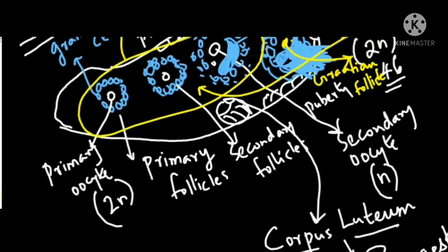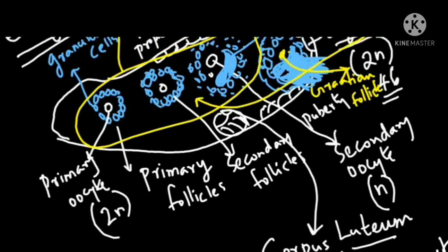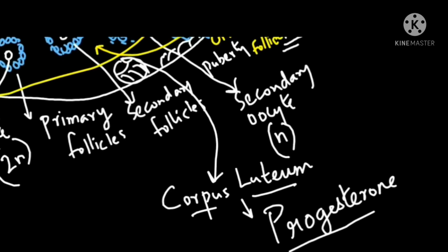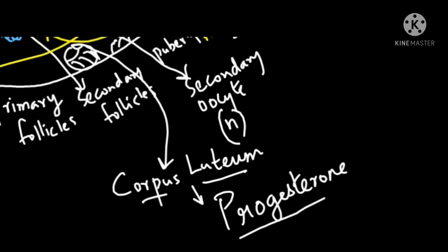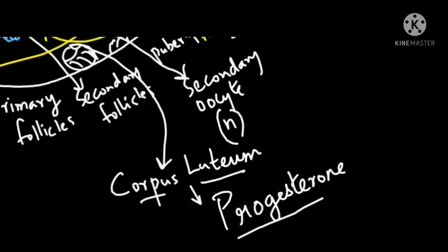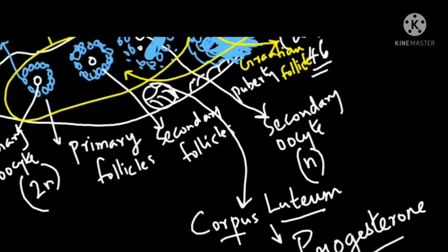Later the corpus luteum will get destroyed by itself. Progesterone hormone has a role. In case fertilization happens, the uterus lining should not come out, because otherwise the embryo will die. That should not take place. So progesterone helps in maintaining the endometrium lining. In case pregnancy is not there, the corpus luteum will also get